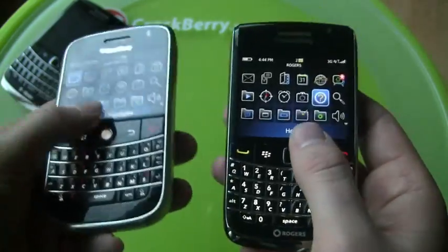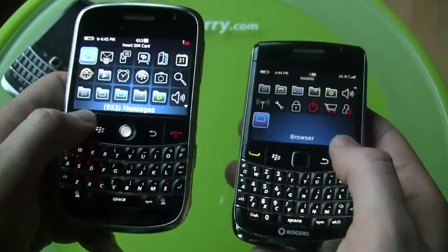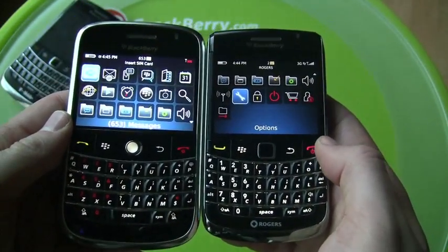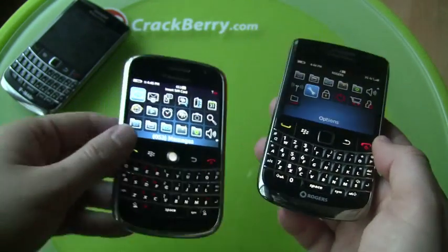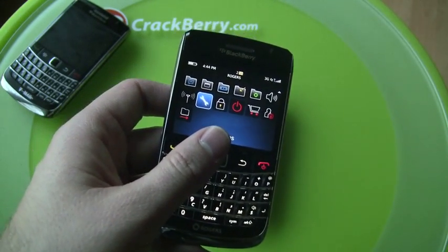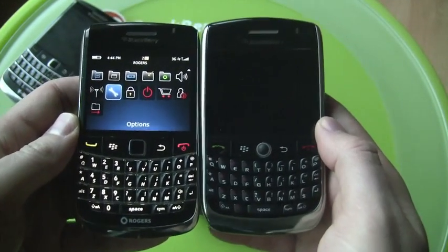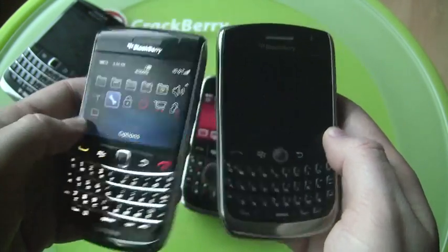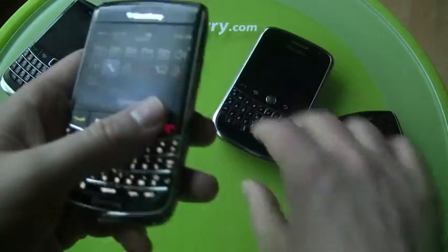Both these devices right now are running OS 5.0. So this originally shipped with 4.6. It'll get the 5.0 update. This is shipping with 5.0. So you've got the same operating system. It's just a better BlackBerry Bold. You might actually say too that it's nearly more Curve-like in terms of size. If I just grab a 8900 here, you can see that the actual size is much less like the original Bold and much like the newer Curve form factor. If I compare it to the Tour quickly,